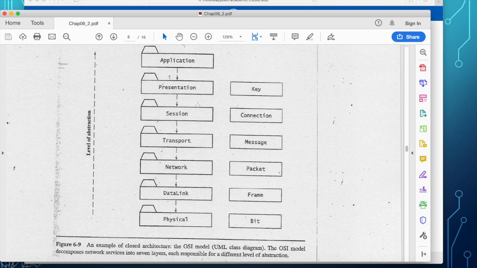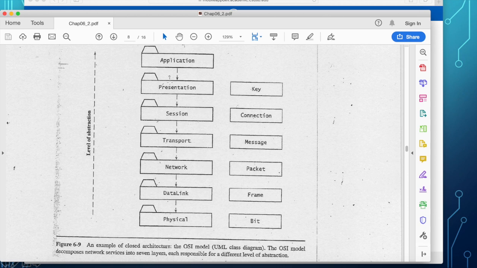So the whole networking data communication is divided into different parts of the datacom. Okay, the highest level of the data communication is the application, like the database of the bank,